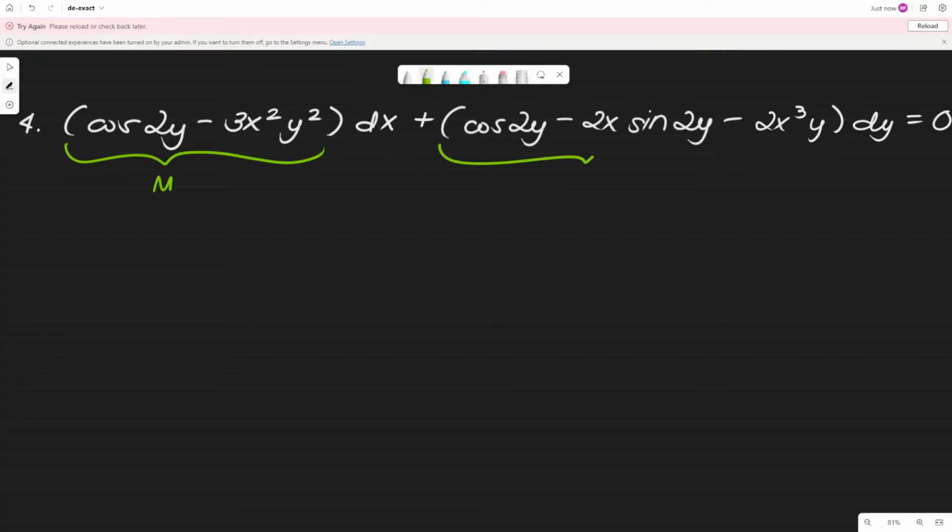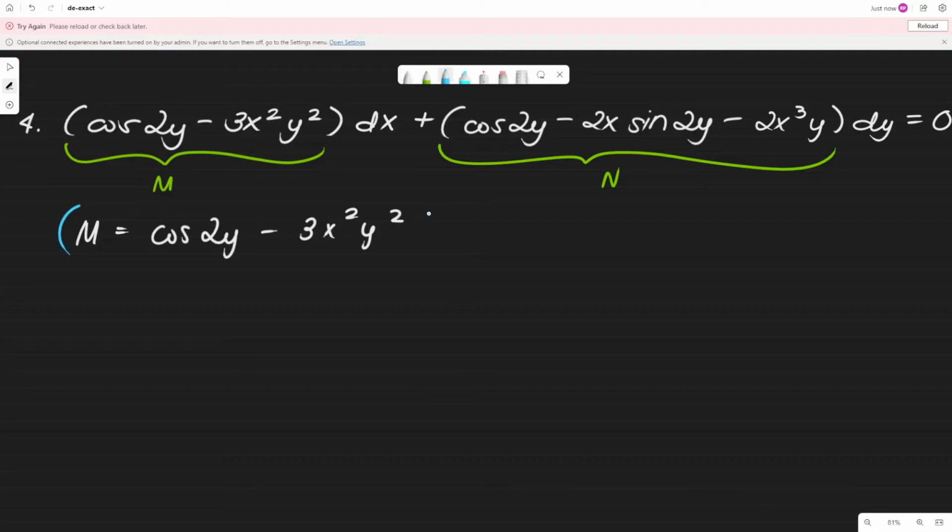And this is our n. So, let us get the value of m, that is cosine 2y minus 3x squared minus 3x squared y squared. Then, let's get the partial derivative in respect to y, because it is attached to dx. So, we'll have m sub y is equal to, what is the